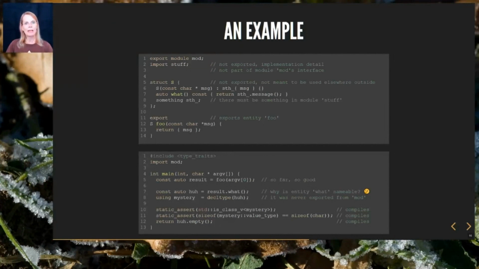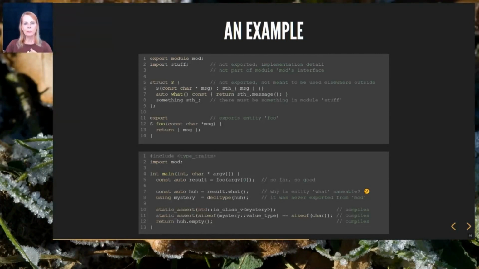So far, importing another module forms a dependency on that other module. Its BMI must be available for compilation. But there are more dependencies. The non-exported class S uses a non-exported type from another module as a member variable. Struct S has a member function that uses this member variable in its definition. Function return types are either explicitly named or implicitly inferred without mentioning their names. At least some knowledge about these entities must be available at compile time to give meaning to the code.